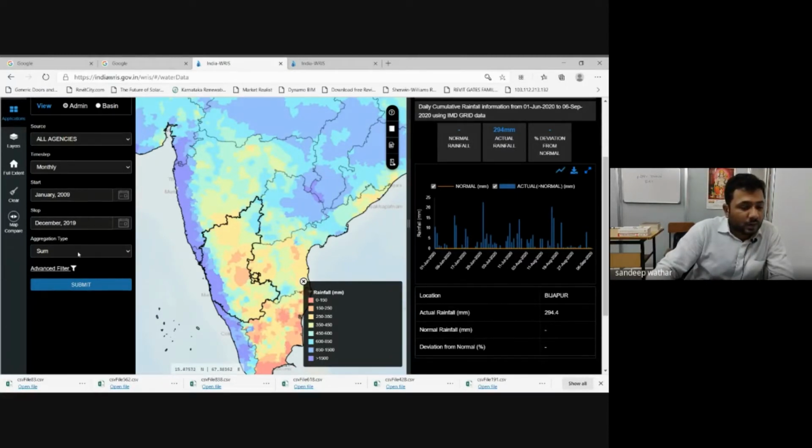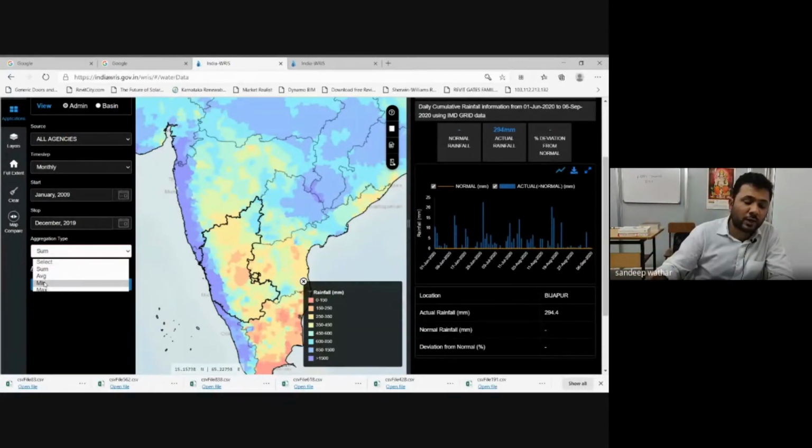Now here you can select the type of data, whether you want the sum of all, or the average, or only the minimum values, or the maximum values. Let me keep it as sum. What does sum mean? This will sum up all the values of rainfall within one month.